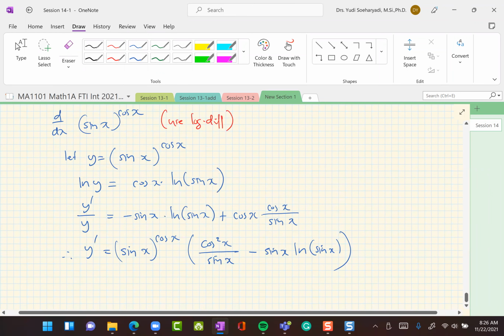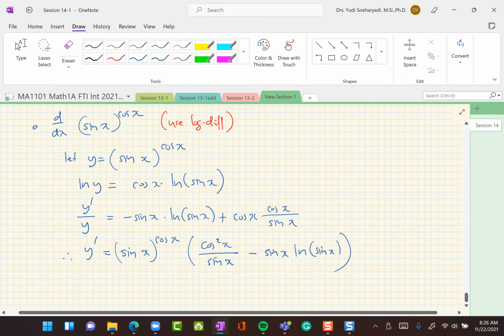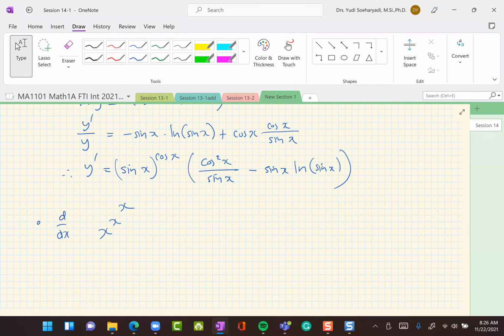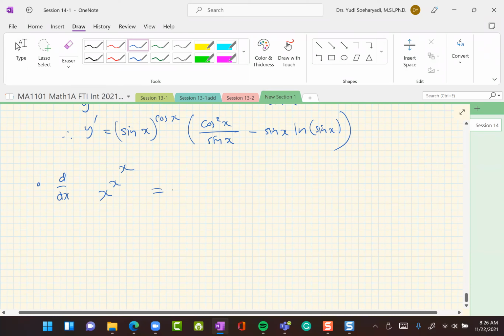Okay. And one more example is, how about d/dx of x to the x to the x? Well, this is what I call super exponential. Okay. So let's do this one. Let y equal x to the x to the x. So ln of y is just,